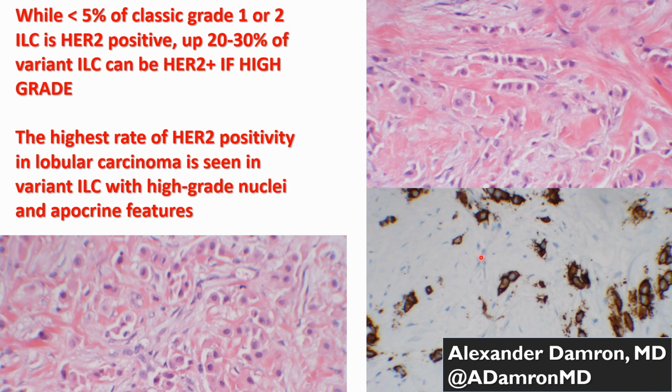strongly HER2 positive. And while the vast majority of classic lobular carcinomas are HER2 negative, up to 20 to 30% reported in some places can be HER2 positive if it's a variant form and they're high grade. And the most common types of lobular carcinoma that are going to be HER2 positive are actually those variant ILCs that have high grade nuclei and apocrine features. So that's just a brief touch about what you could expect or not expect in cases of HER2 positivity and